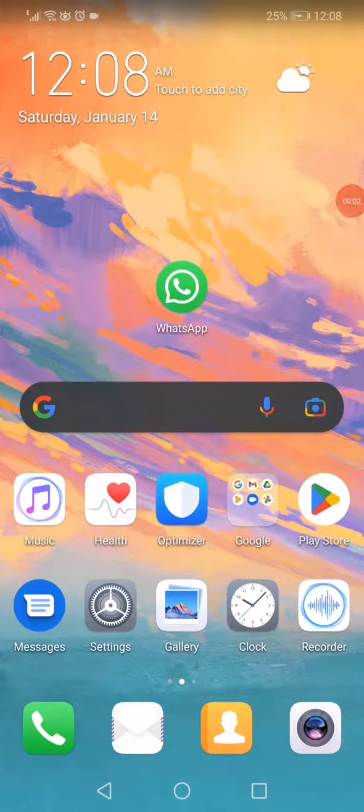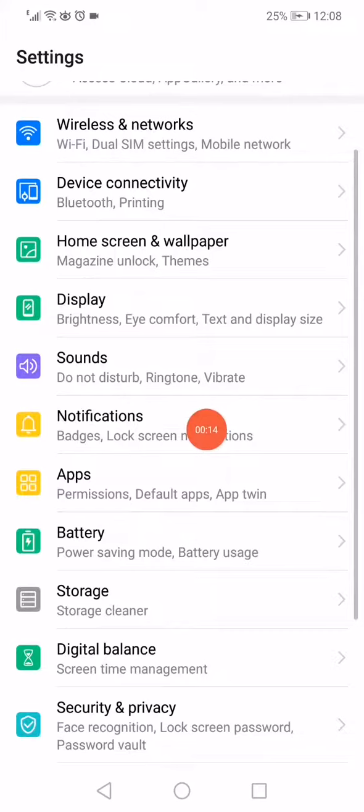How to fix WhatsApp, unable to connect, easily and fast. Hello guys, in this short tutorial I'm going to show you how to fix WhatsApp unable to connect in less than 1 minute. So the first thing you want to do, guys, is open the settings on your phone